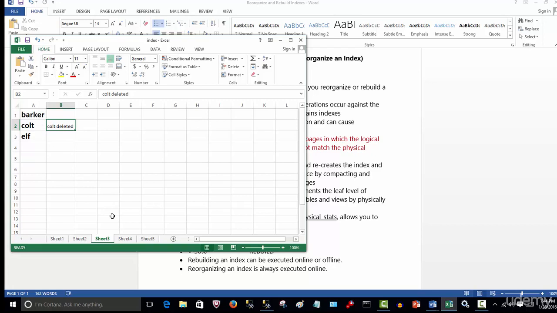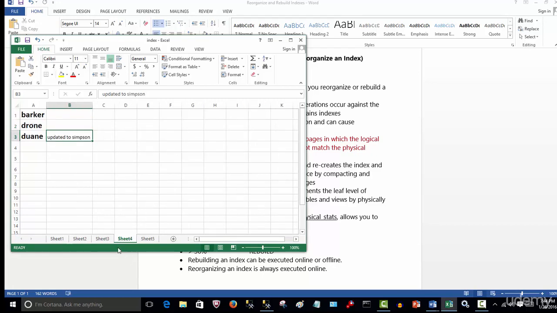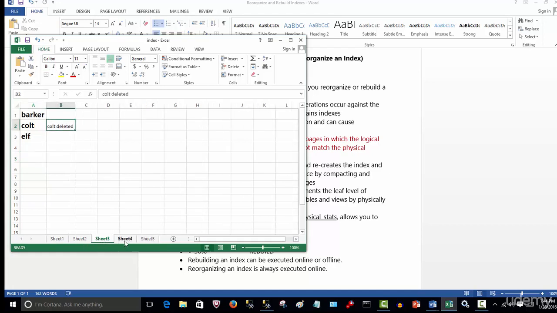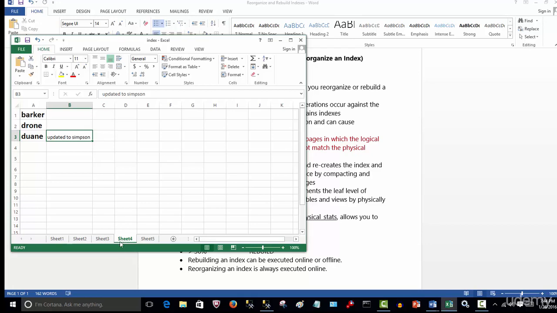Even though you've seen one here, you still have to go through the entire book, or these 5 pages, to make sure that you've covered all Barkers. And then you'd have to go to page 5. So now you know you have page 3 and page 4 Barker. Now that was easy, but obviously if this has thousands of book pages,